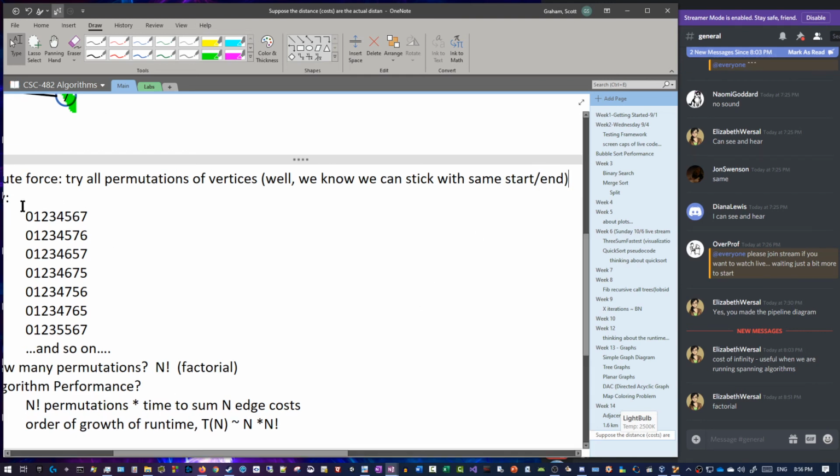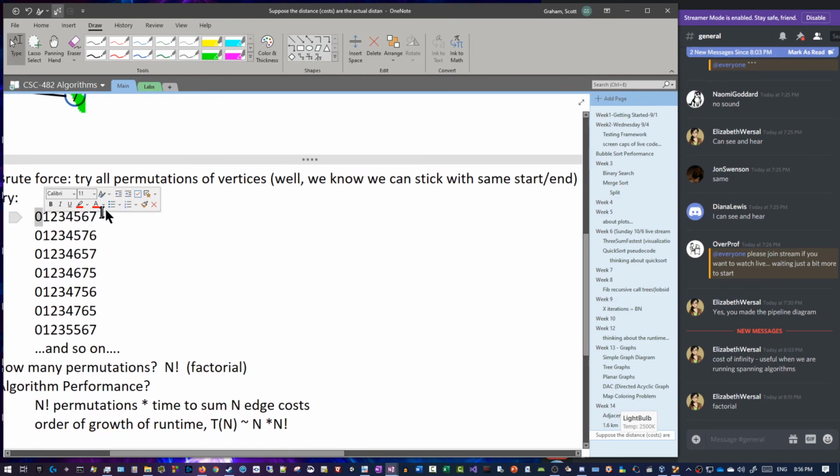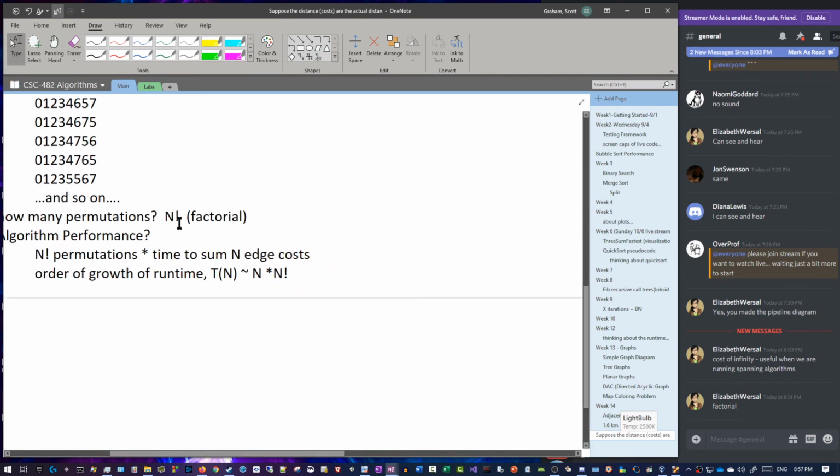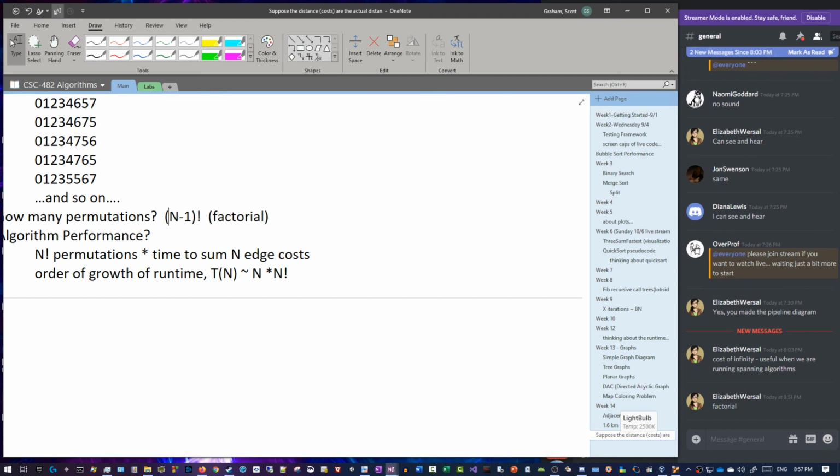We won't move our initial vertex, so we'll never try 0 in another place, because as soon as we try 0 in a different position, all we're really doing is changing what our starting and ending node is, and we said earlier that it doesn't really matter what your starting and ending node is. So it's really (n minus 1) factorial different combinations,